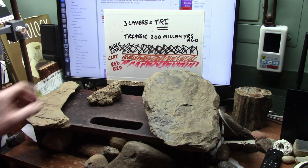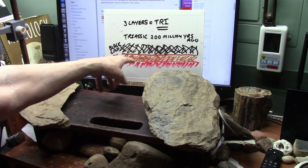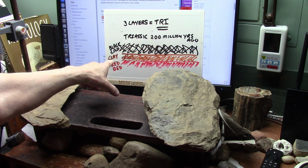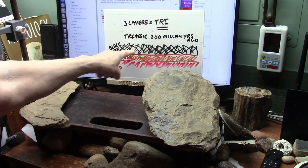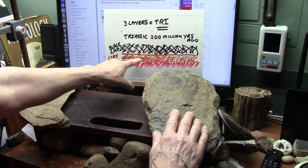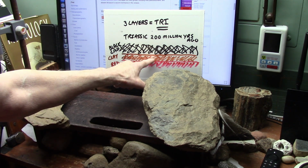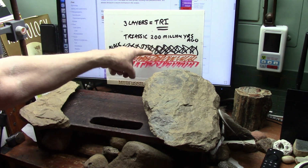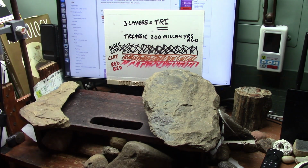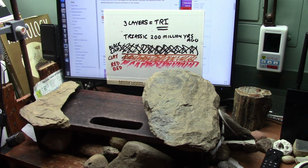Oh, this is the red bed. Then we have, I'll use brown because I didn't have any gray, so we have gray clay, brown clay, and then we have a black cap. Well, this is the black cap, and it is on top of this. Now, what I have is a footprint where the guy stepped on this and pushed it down through the red bed. So let me redesign my drawing, and then I will show you the layering of what I have that proves